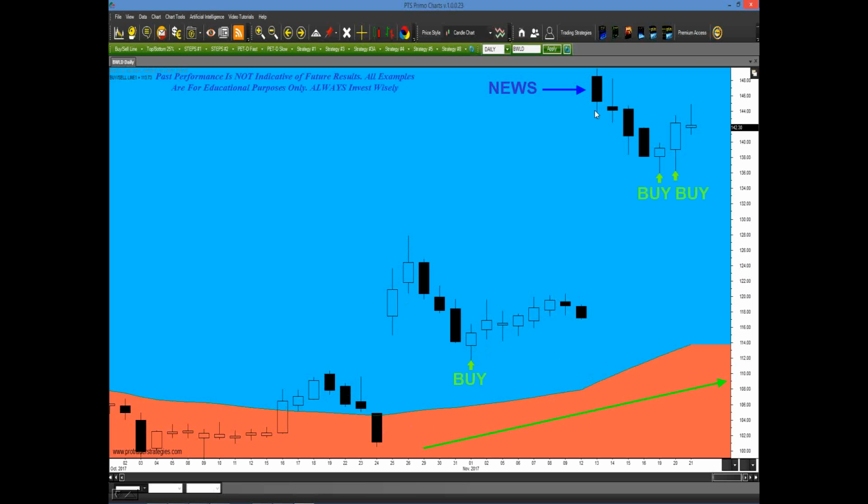Now, how would this pattern have known that there was going to be a buyout? It's because the market tells you in advance what it wants to do. As you can see, two more buy signals were generated later, but the main one was right here. Remember, past performance is not indicative of future results. These are for educational purposes only. So we want you to invest wisely and don't think that every signal is going to be 2 weeks in advance of a buyout. This was just a very important way of sharing with you that we're not concerned with the news. That's why, because the market tells us many times in advance of a news announcement.